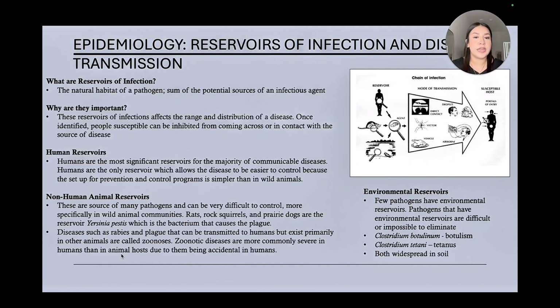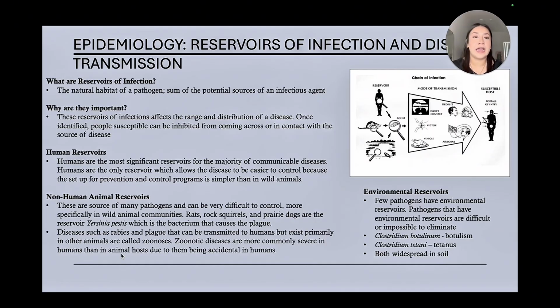So there are three main types of reservoirs, starting off with the first one being human reservoirs. These are the most significant reservoirs for the majority of communicable diseases that were mentioned previously. Humans are the only reservoir which allows the disease to be easier to control because of the setup for prevention and control programs. It's simpler than it would be in wild animals, which leads me to the next one,